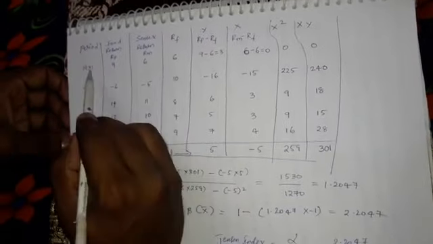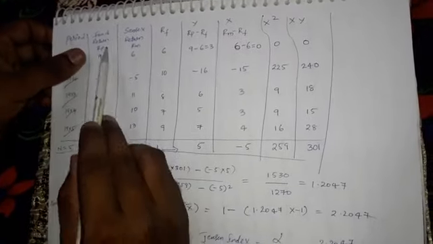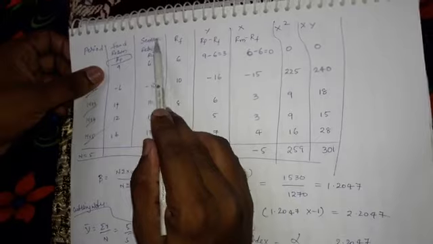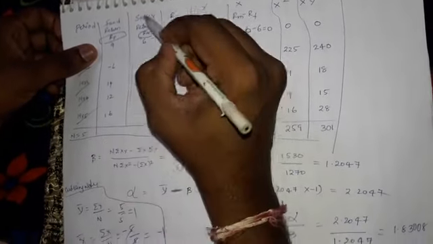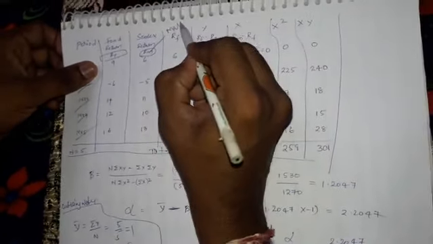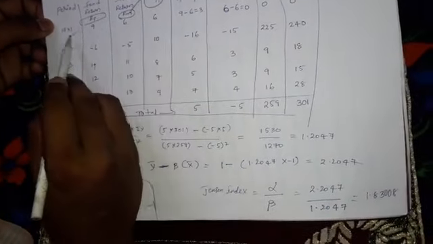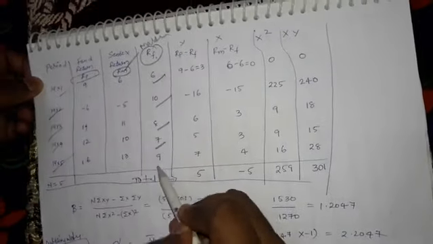The periods 19 into 1 to 19 into 5 are given. The fund is denoted by Rp, so these are the values. Sensex is denoted as market, so this one is market, and these are the values. Rf equals, for each and every year, the corresponding values 6, 10, 8, 7, 9.